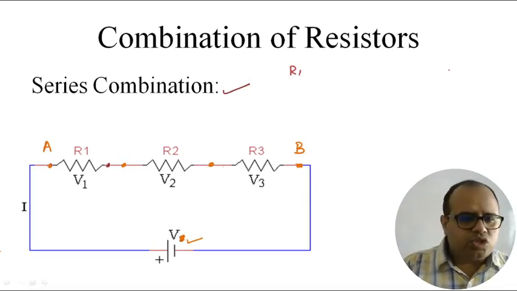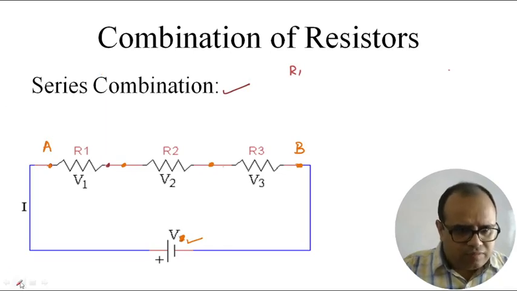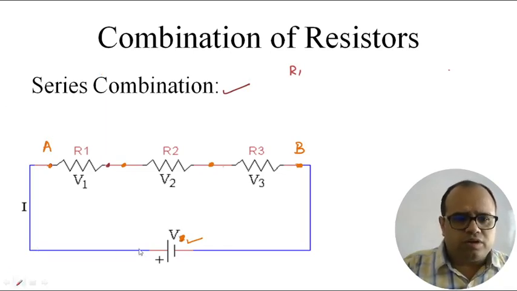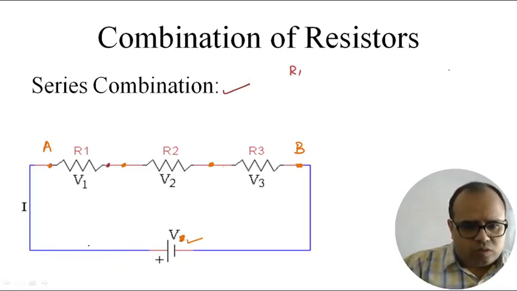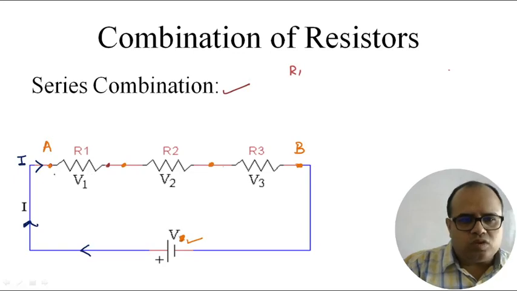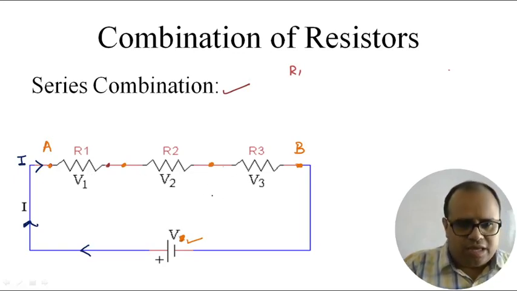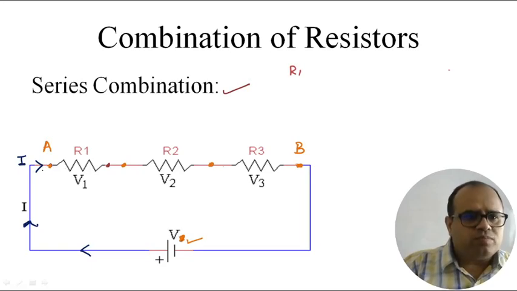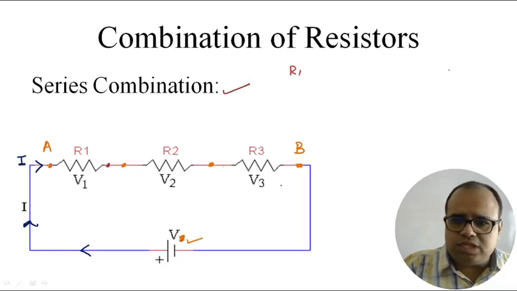Now I want you to understand this. This is extremely important to understand, what is happening here. You see that when the current flows, of course the current will flow. Now when current flows, this current is coming out from here, and as mentioned here, it is the current I which is coming out. And you see there is no other path through which this current can be divided. So this current will flow through these resistors only. There is no other way, isn't it?